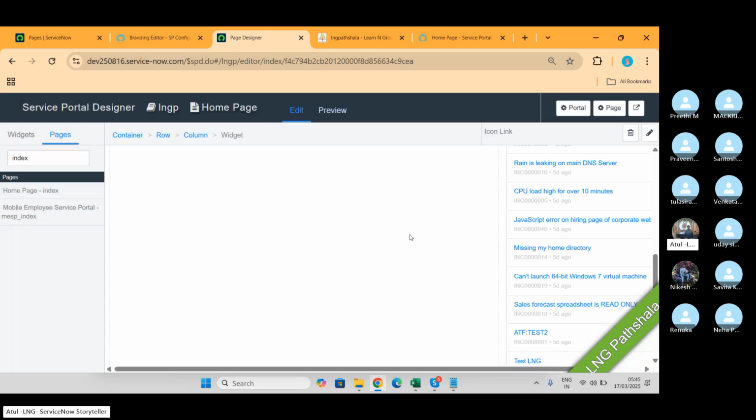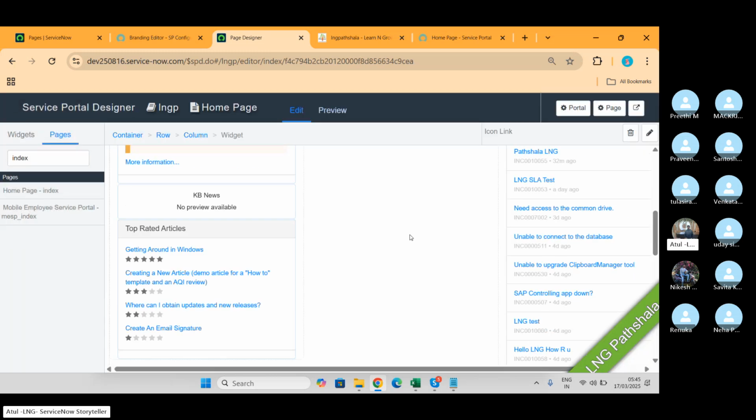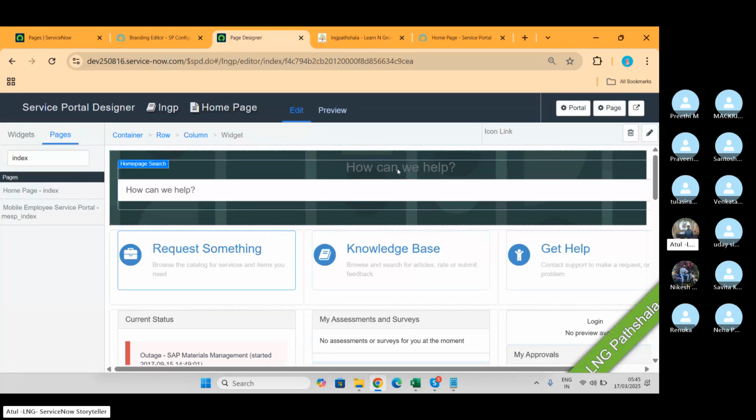The question I want to give to you guys. You can see this thing, how we can help. Can I change this text? Yes. Put it in the homework there. Can I change the background color of this box?